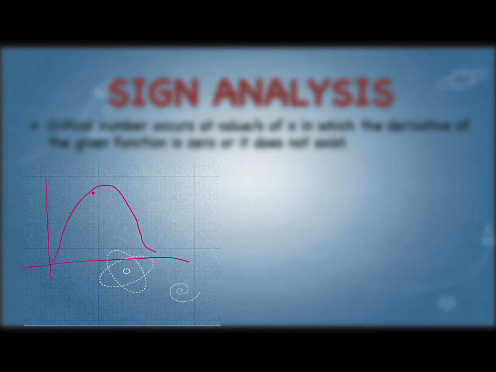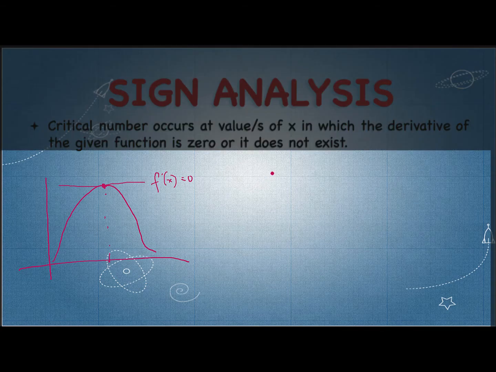We can say that this one has a critical point at x, in which the derivative of the function at this point here is equal to 0. So that's one case. While there are other cases, let's say for example a parabola that opens upward, we have also a critical point here, a critical number on the x-axis, and we can say that if this is the slope of the function and represents the derivative, then the derivative at this point